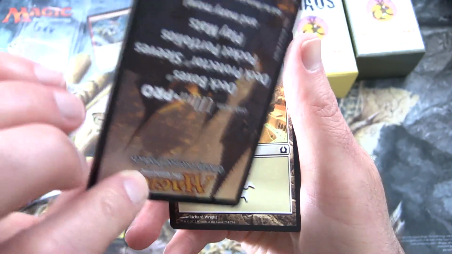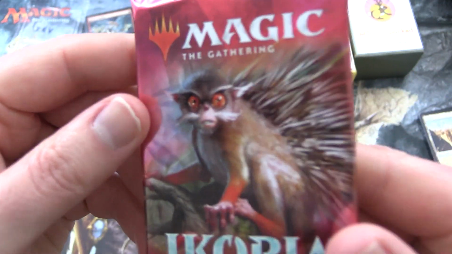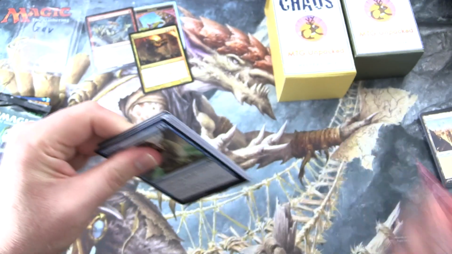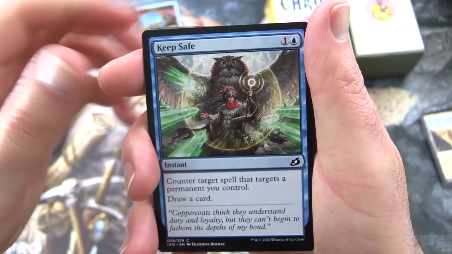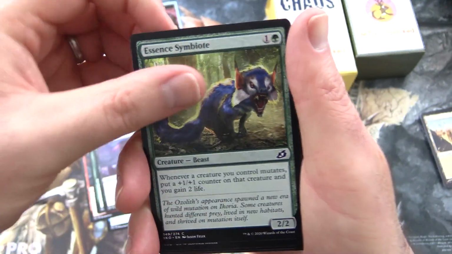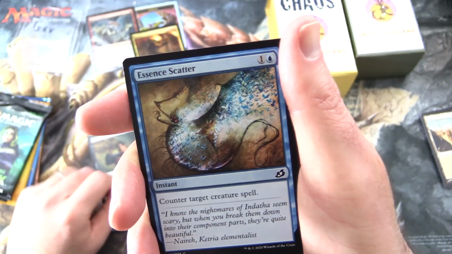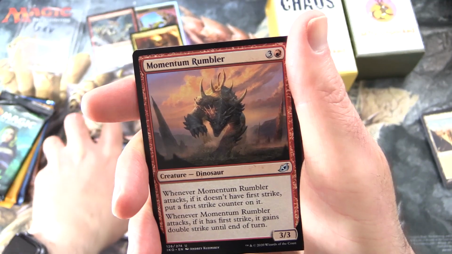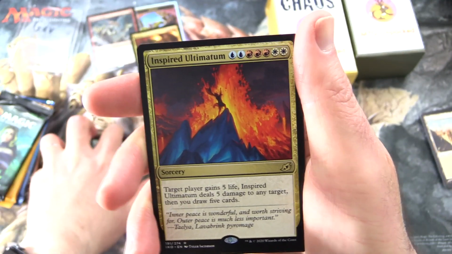Pop him down there. We've got a Guruk and a Plains. Moving right along. We have a prickly marmoset. Look into his eyes. What do you see there? I see malicious intent, and I feel like I should flee. Okay, we have Keep Safe, Go for Blood, Bristling Boar, Unlikely Aid, Essence Symbiote, Raking Claws, Evolving Wilds, everybody's favourite card, Memory Leak, wait, what was, no, never mind, Essence Scatter, Greater Sandworm, and uncommons Momentum Rumbler, Chittering Harvester, Barrier Breach, and rare is Inspired